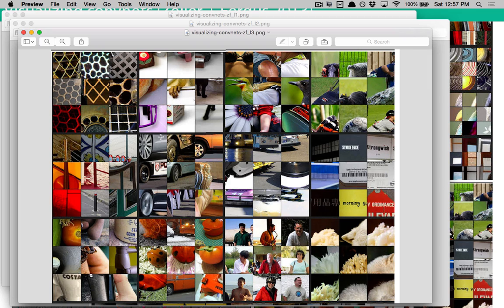So things like wheels. This neuron is looking for wheels now. This one is looking for honeycomb lattices or something like that. This one is looking for maybe people. It's hard to say. This one is like coffee cups or something like that. I'm not sure about this one. This one really throws me off. There's a flower, and then there's, I think, cleavage and a hummingbird. So I'm not really sure what's going on in this neuron.